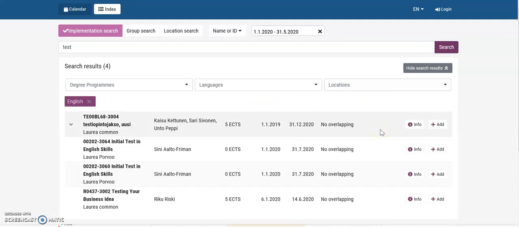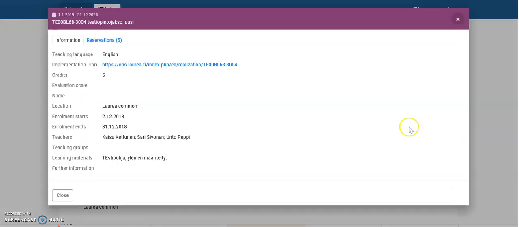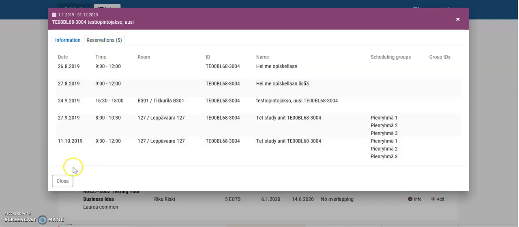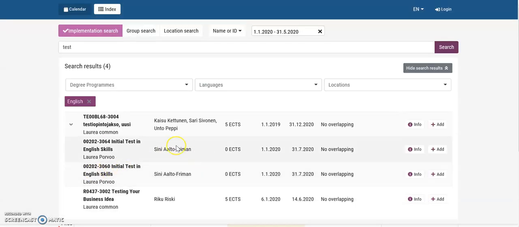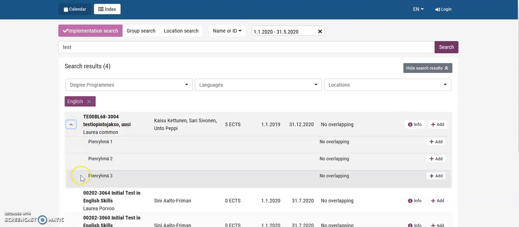You can see more information about the implementation by clicking the Info button. You will see basic information about the implementation, a link to a more detailed implementation plan, and the reservations made for the implementation. If there are scheduling groups on the implementation, click the arrow next to the search results. You can see the schedules of the scheduling groups by clicking the Info button, and you can select the scheduling